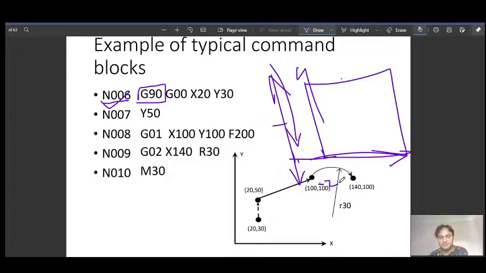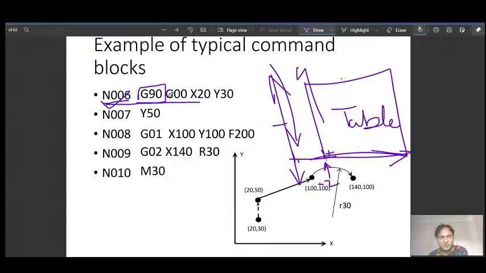Sometimes this corner is considered as the zero coordinate, x0 y0 at this position. So I am talking about the machine table.